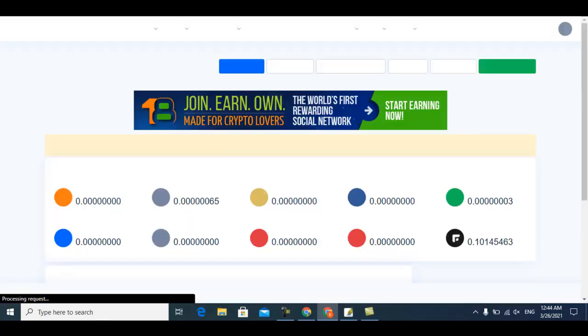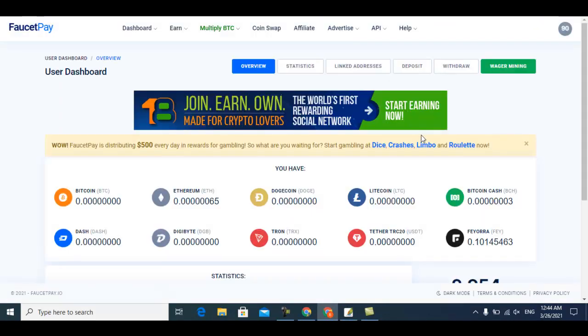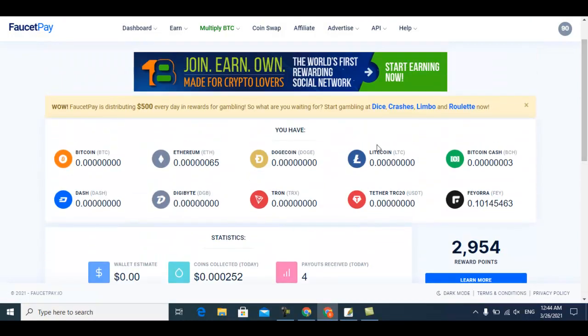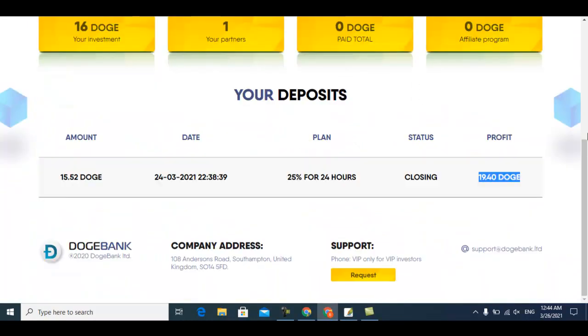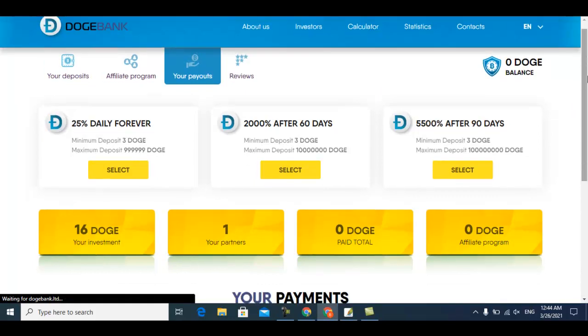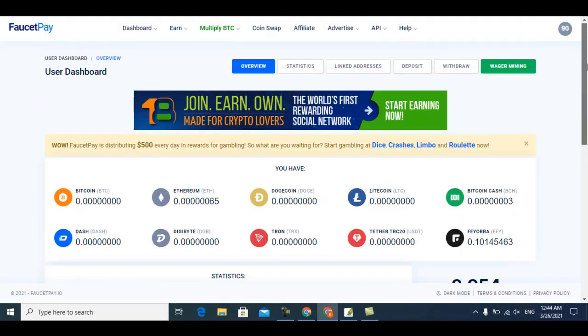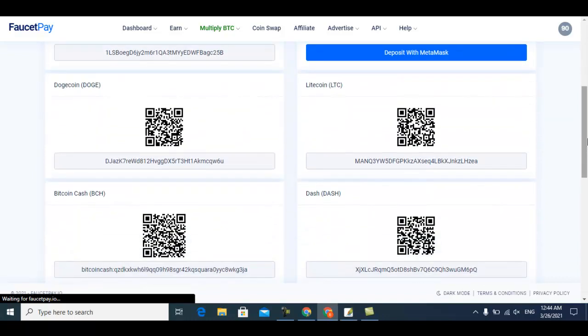First I show you my FaucetPay wallet address, because I use my Dogecoin of the FaucetPay to link this website. Okay, my Dogecoin is right now 0, and I just click the URL payout, come down and click pay. This is my wallet address, and you can see I go to show you my Dogecoin wallet address. Okay, this is